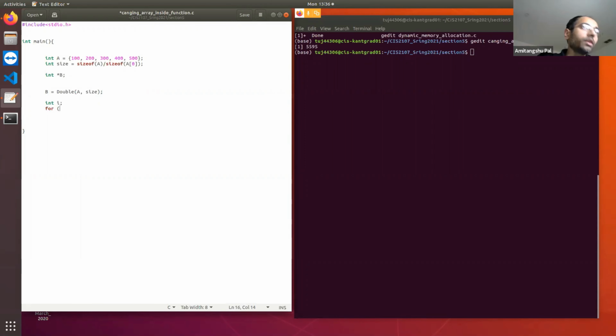For i equal to 0, i less than size, i plus plus, printf percent d, B of i. That's it. So let's write this function.